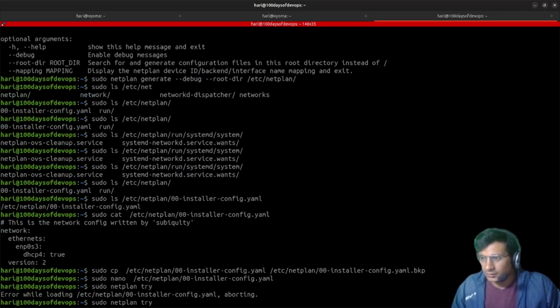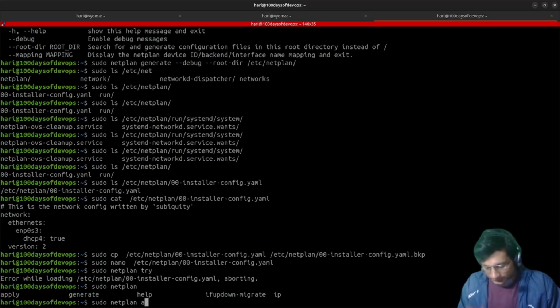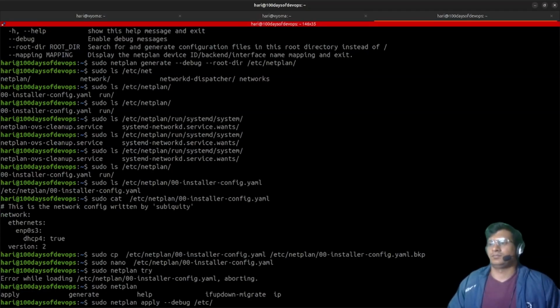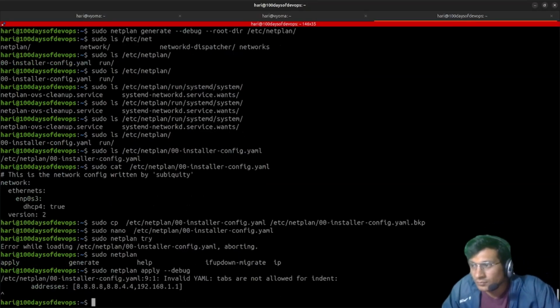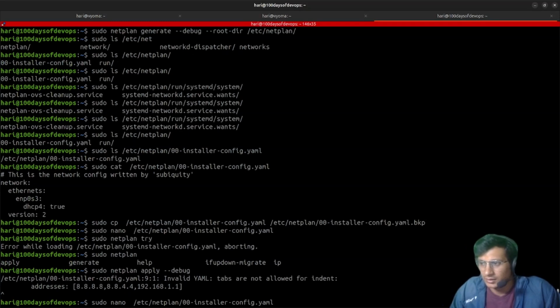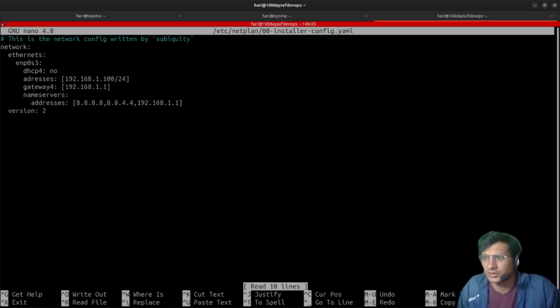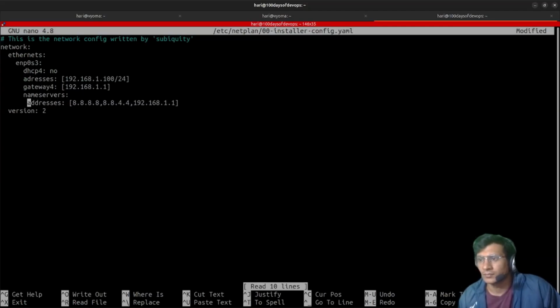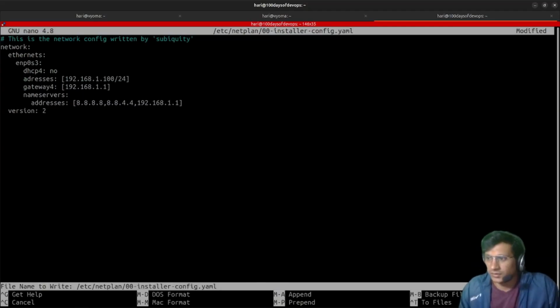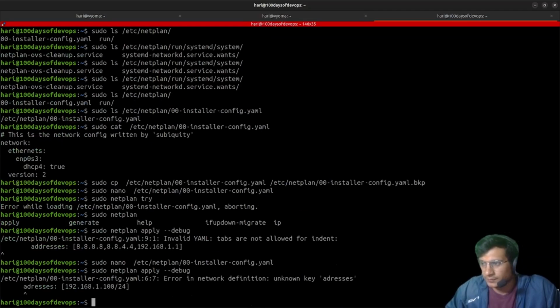Error while loading. Hmm. Tabs are not allowed for indent. Okay, that's the only thing. No worries with that. We can anyhow change it. Tabs are not allowed. It was so trivial. Traces. Unknown key. Oh,